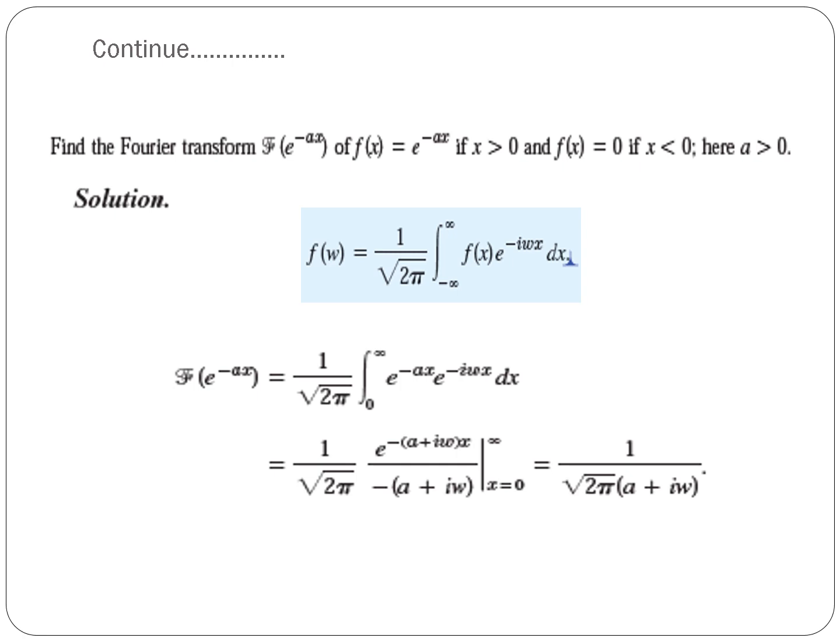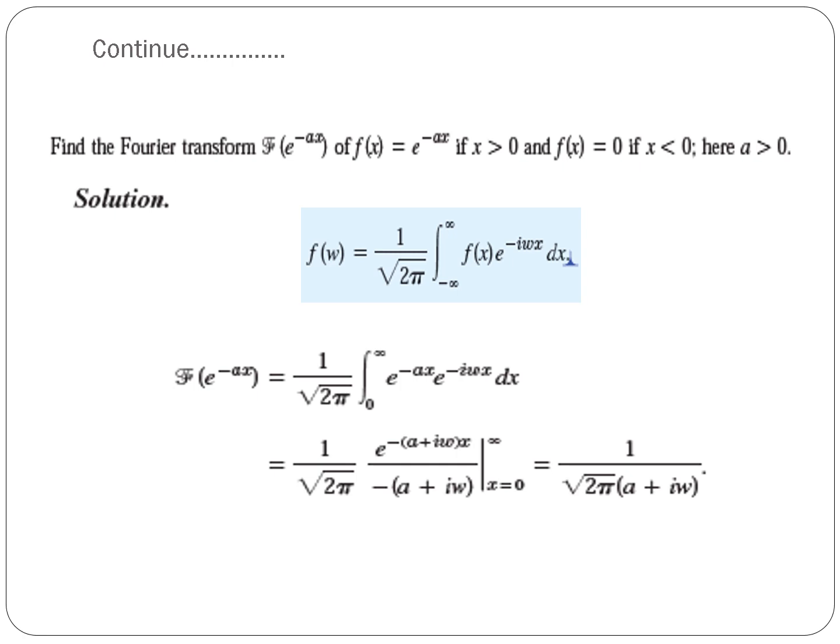See the second problem. Find the Fourier transform of f of x equal to e raised to minus ax if x greater than 0 and f of x equal to 0 if x less than 0. Here a is positive. Then similar to the previous one, first write the formula of Fourier transform, that is F of omega equal to 1 by root of 2 pi integral minus infinity to infinity f of x e raised to minus i omega x dx. Then see the given function f of x equal to e raised to minus ax if x greater than 0, and for all other values of x, function value equal to 0.